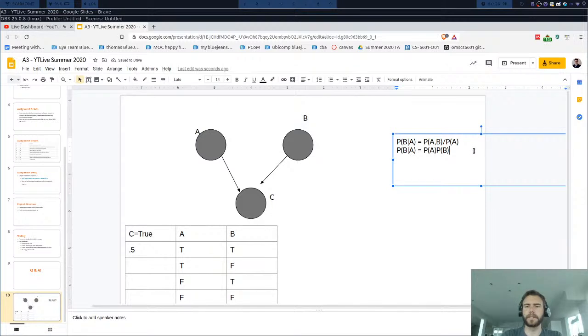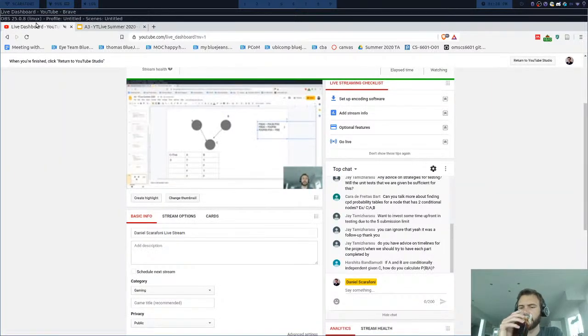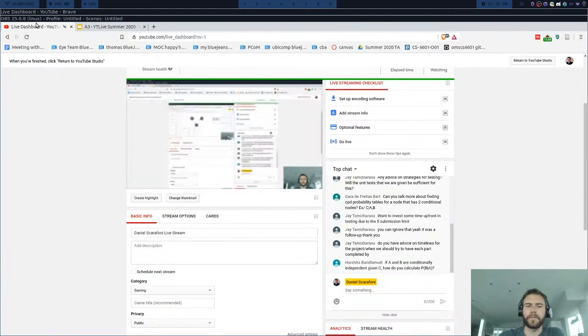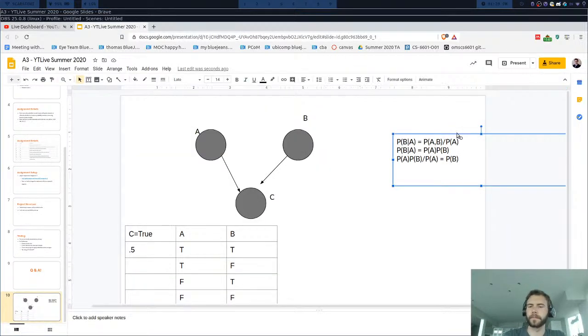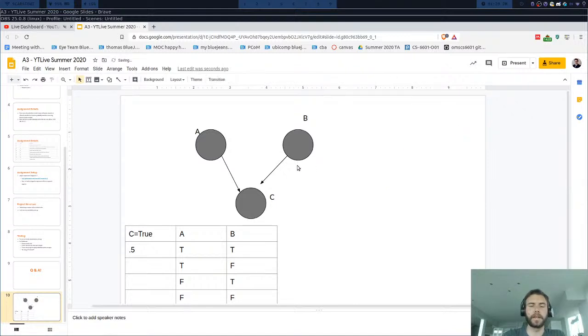So we can safely say that this is the probability of A, B times the probability of A, which is equal to the probability of B. So yeah, it just follows from conditional independence. Oh no, I'm sorry, you're asking for a different scenario, aren't you? You're asking if C is the parent node and A and B are the child nodes. Alright, so in that case,